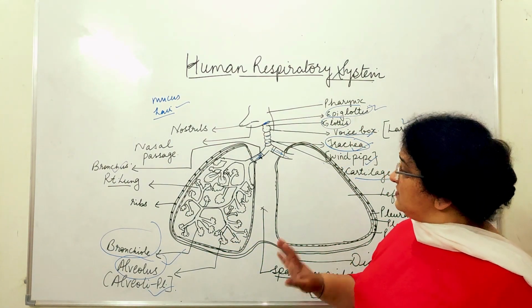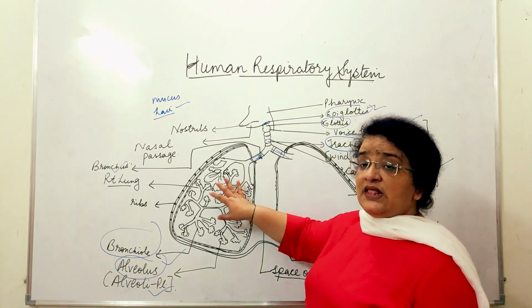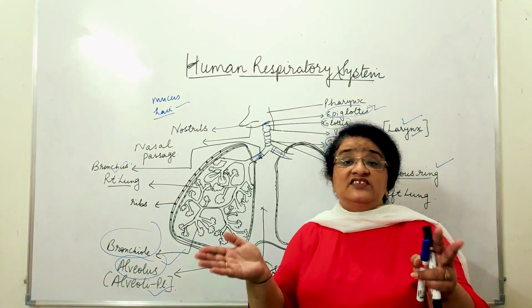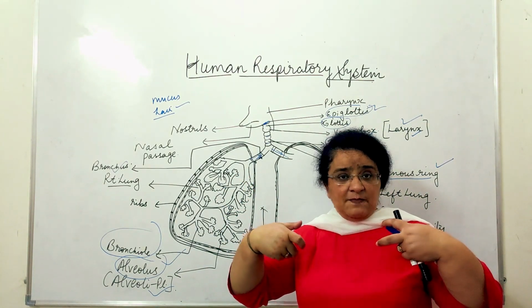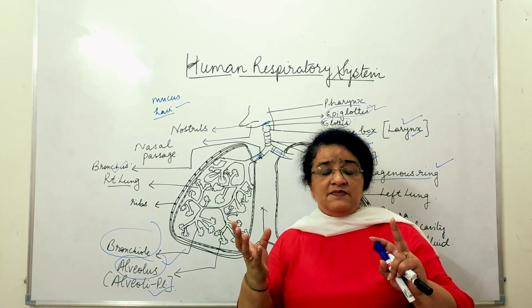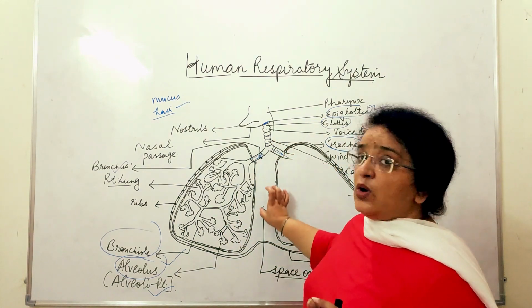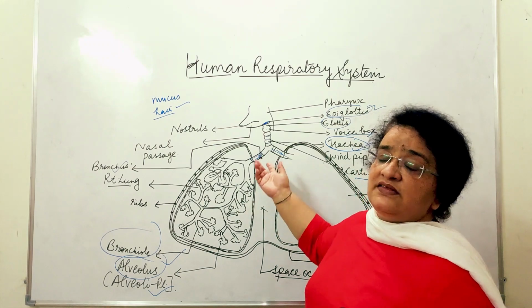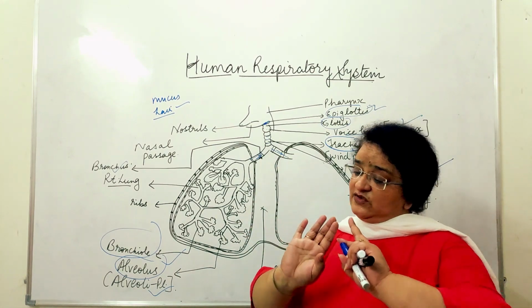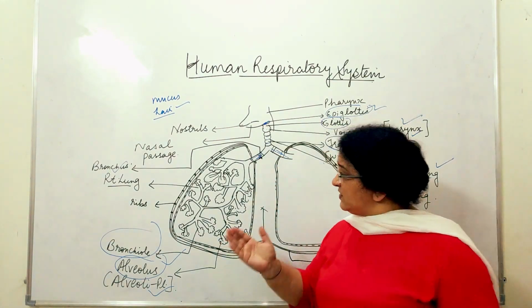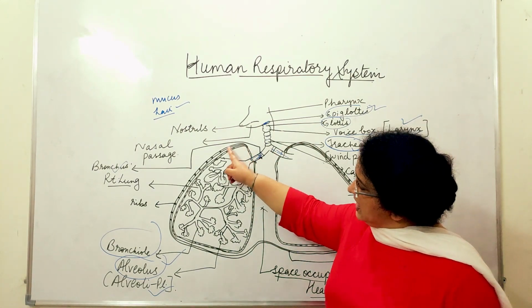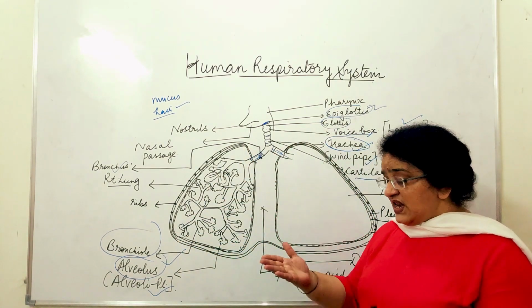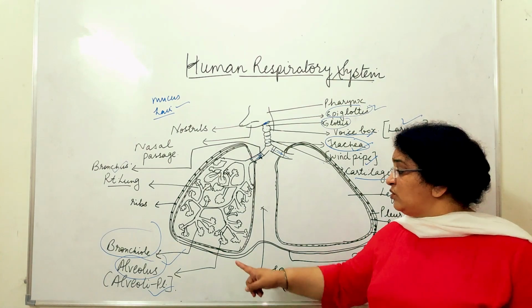Next, we have two lungs, and these lungs are enclosed in the chest cavity. In front are the ribs, and on the back side also the ribs, and in front there is a bone called the sternum, and on the back side it is the vertebral column. So this whole chest cavity is enclosed, and below the chest cavity we have a very fine thin muscular sheath